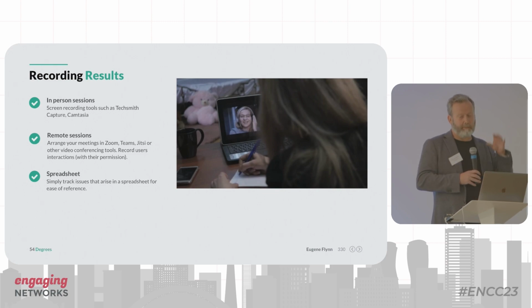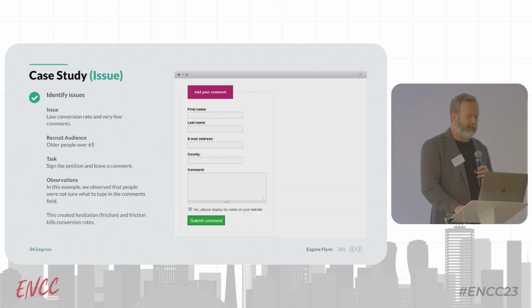I have spreadsheets. It's a particular formatted spreadsheet where I track it, I rate it, I rank it, and I note if it's an issue that occurred more than once. I'm going to give you a couple of examples. So this one here was